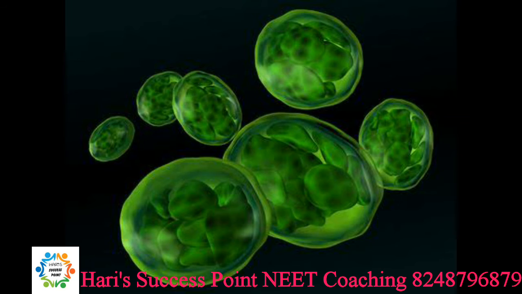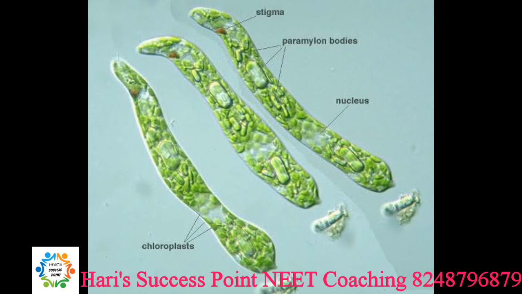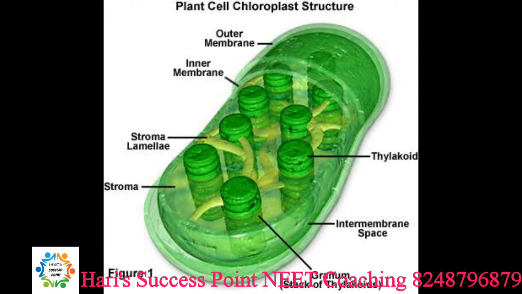Like mitochondria, chloroplasts are also double membrane bound organelles. The space inside the chloroplast is called stroma. A number of flattened membranous sacs called thylakoids are present in the chloroplast. Thylakoids are arranged in the form of stacks, and they are called grana. The chlorophyll pigments are present in the thylakoid membrane. So, this is the region where photosynthesis takes place.